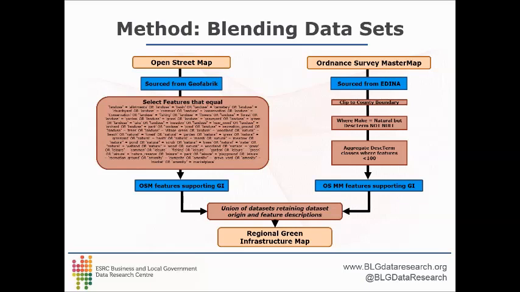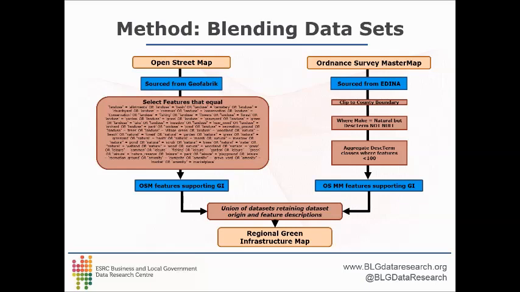And essentially what we're trying to do here is blend together the strengths of the two types of data. Because with OpenStreetMap, you've got coverage that can be spatially variable. The attribute detail can be really excellent, but there's definitely some subjectivity in terms of how different sorts of features are defined. As it exists at the moment, Ordnance Survey MasterMap has excellent spatial accuracy,